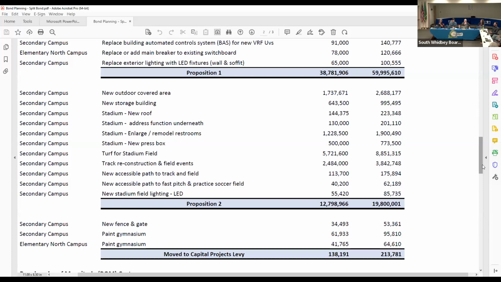Well, and I actually think that this makes it more likely that we will get both, quite honestly, because I think that it shows a consideration to the concerns of the community about the value, and also speaks to exactly what would be done with each part of it, which was another concern from the community. So thank you very much, Jen, for the idea that started this, because I think it will make it more likely that both of these measures pass.